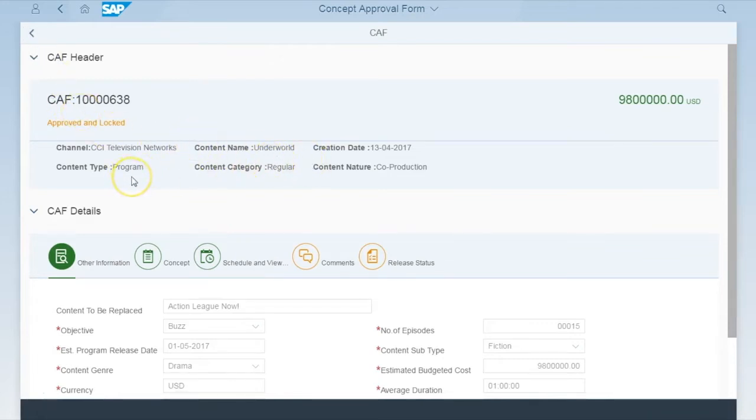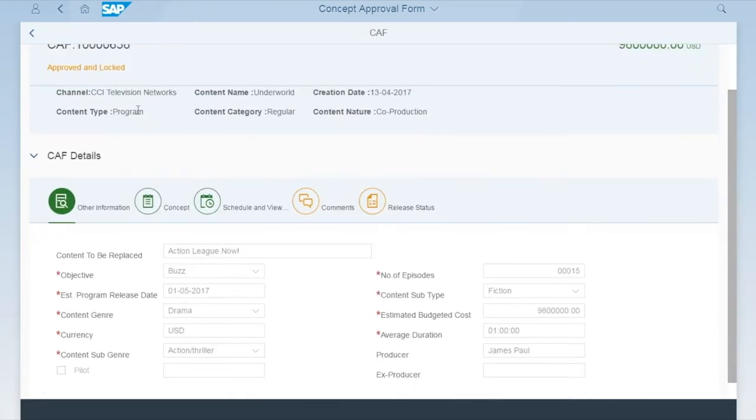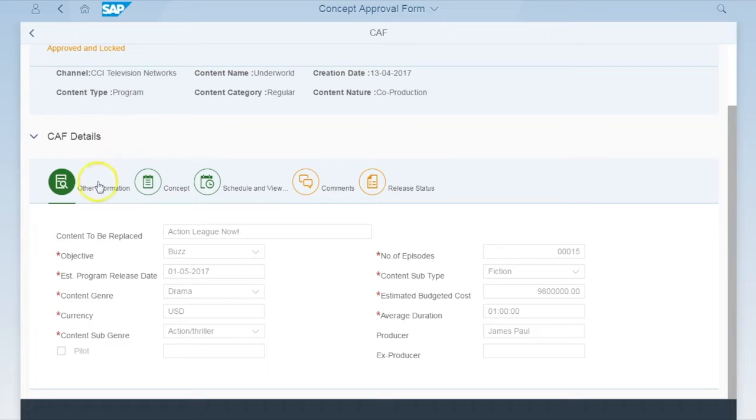Content type is the program, the content category is regular, and the nature of the program is co-production. So as you can see, this is a collaboration between in-house and third-party production houses. Each concept will have its own unique number, which is the concept approval form number. In the first data field, you can enter what the new content will replace, which in this case is Action